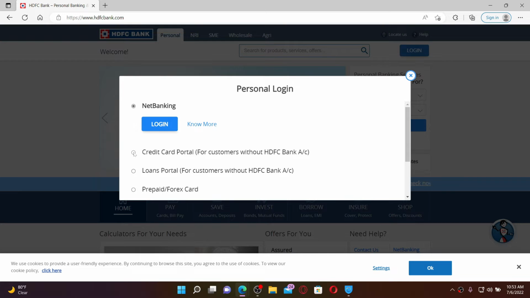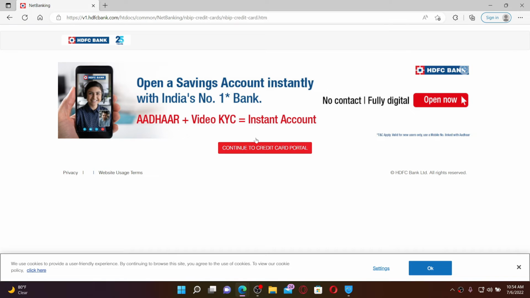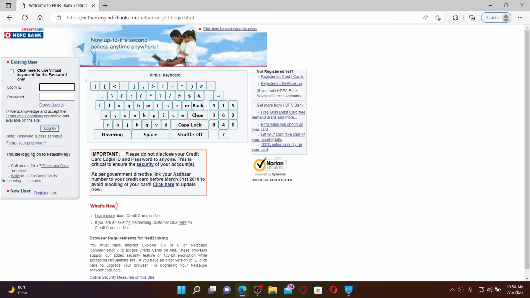Choose credit card option from the display and click the login button appearing right beneath Credit Card Portal. Now click on Continue to Credit Card Portal link on the next page. In the login area, go ahead and enter your login ID followed by your password. Start off by typing in your login ID and now head over to the password field and type in your